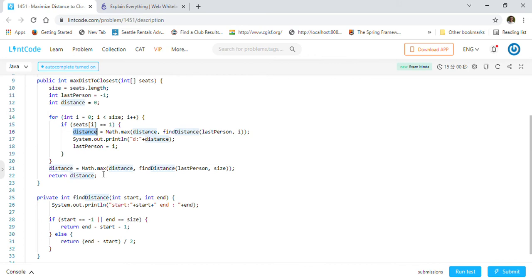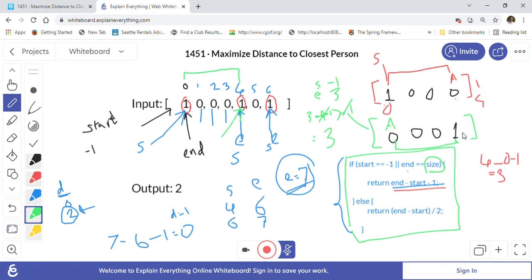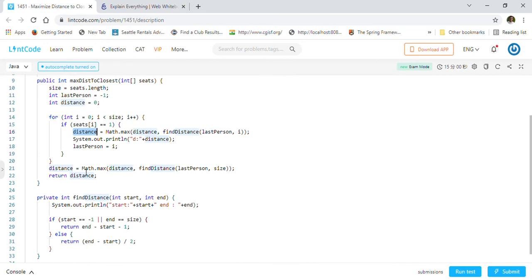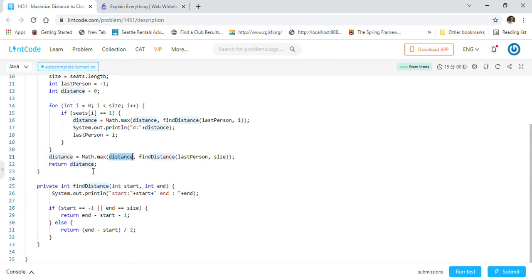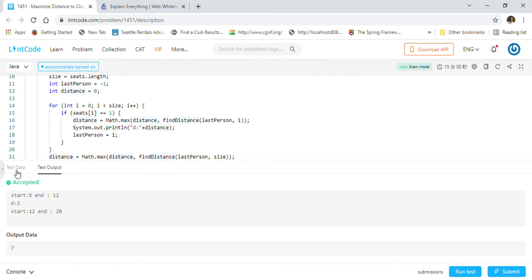And at the end, as I said, there is this kind of array you can get, right? 100, 1000, right? So to handle these conditions we have to finally calculate with the start and size, right? With start and size we have to find out the maximum distance. If at all we find anything better than our distance, we will update the distance, correct? Because to handle this special condition, that's what we are doing, and at the end we will return the distance that we found.